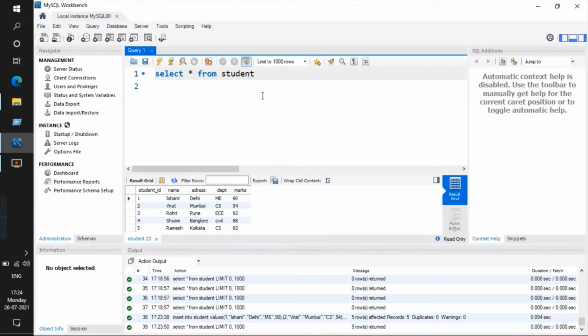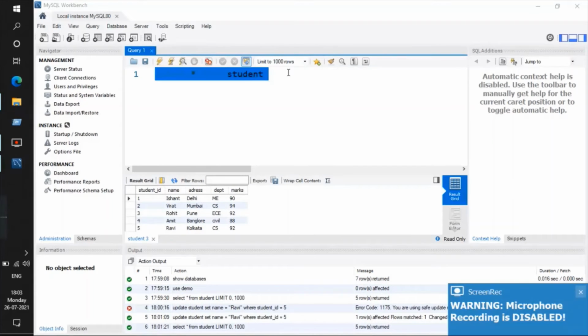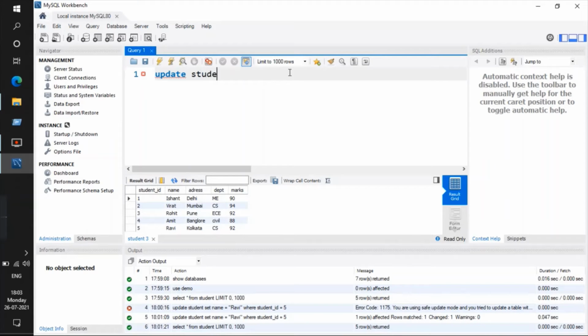So for deleting, or updating, sorry, the third one is updating. Let's use the update statement now. Just type update, table name student, set name equal to Kamlesh, where student ID equal to 2.